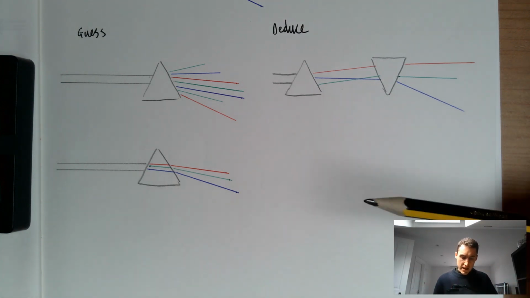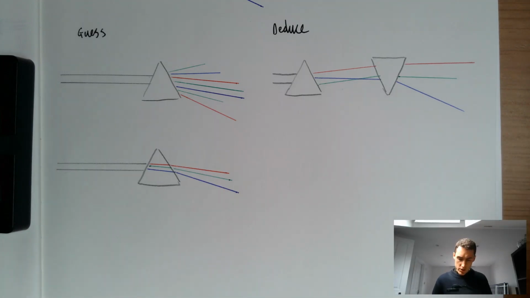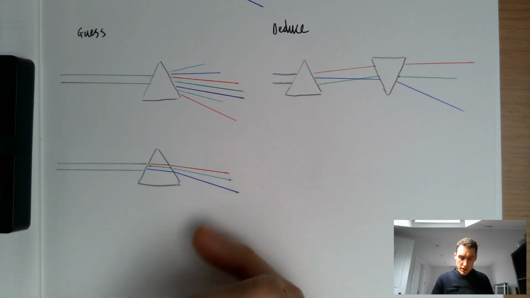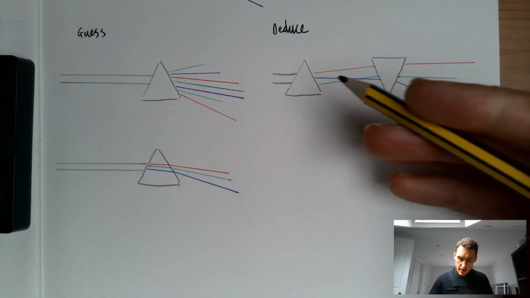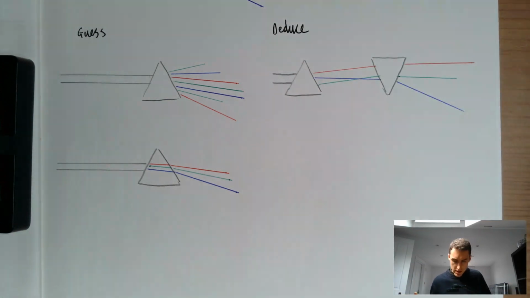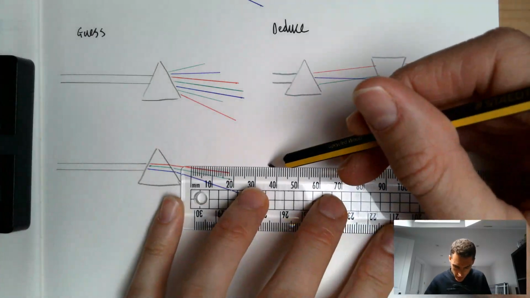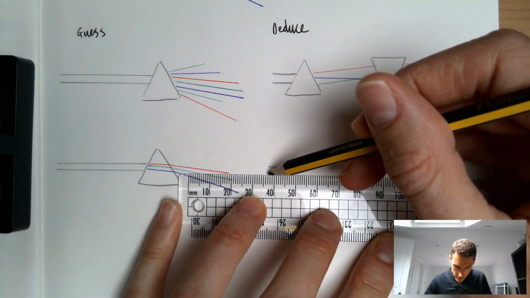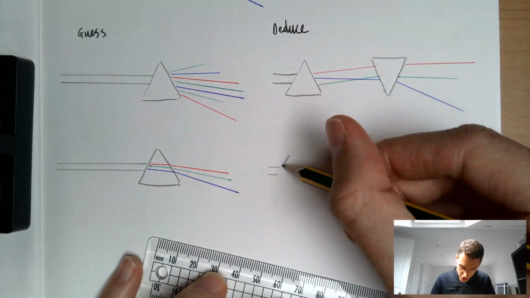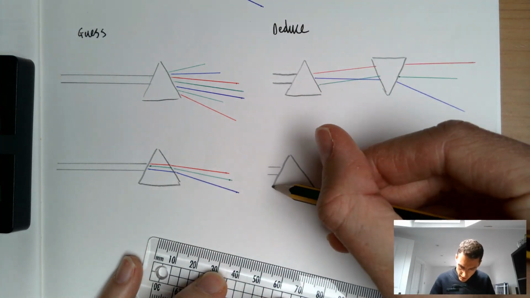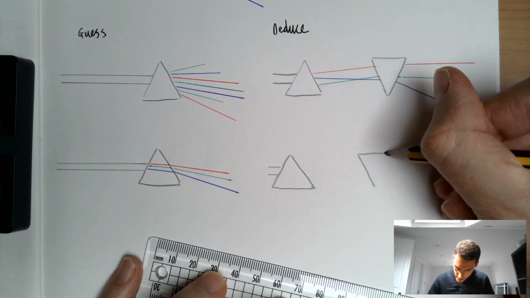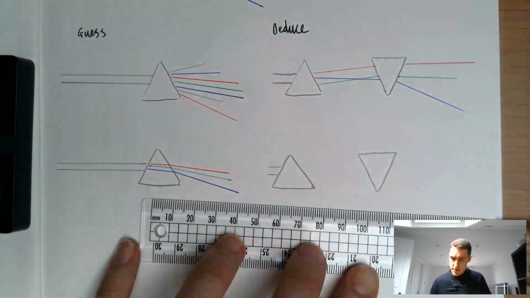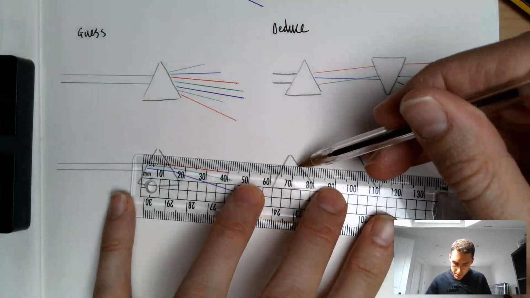phenomenon, and what he deduced from that was the following: that if this was predictable, and red always refracted by a certain amount, and blue and green and so on, well then, if you were to do this, let's sketch again, a bit like we did above. If you were to do this at a prism, and then shine the light that was produced through a second prism, as follows. Try and do what he expected to happen,